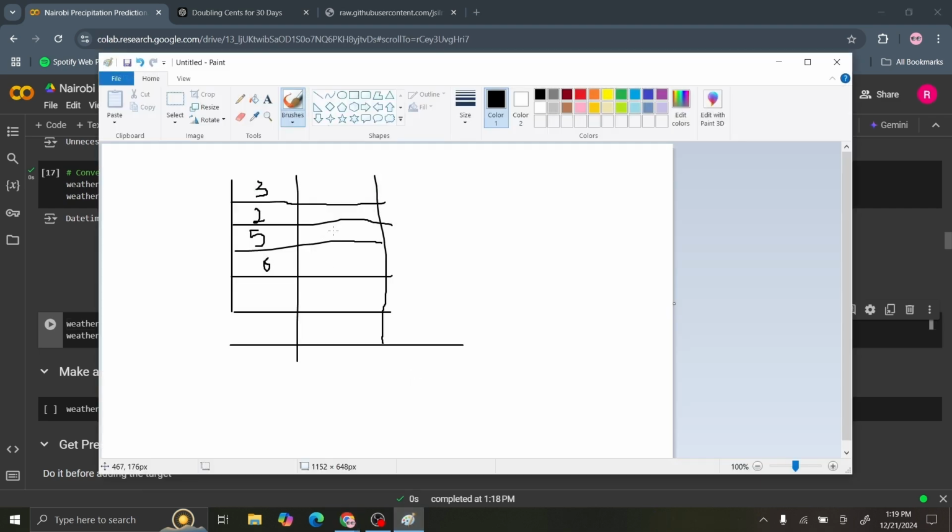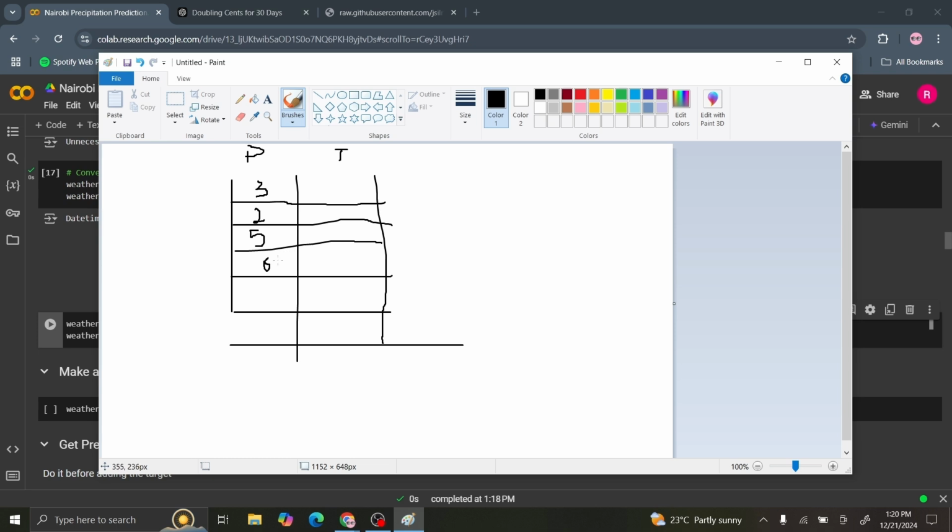Whatever is here will be put here. So this is the precipitation and this is the target. There. So we're going to shift this value here by -1, so by the previous